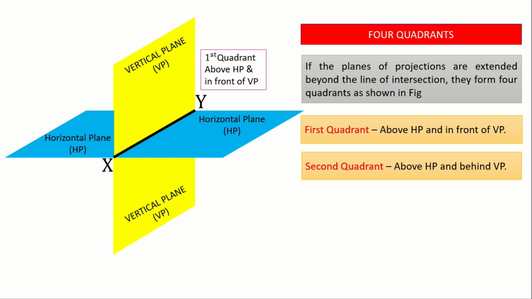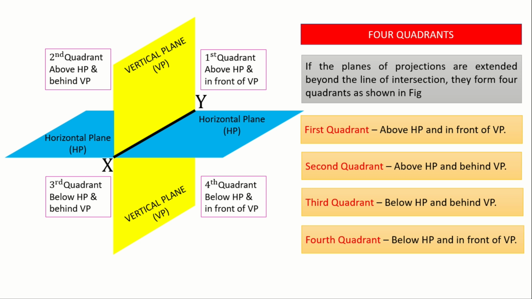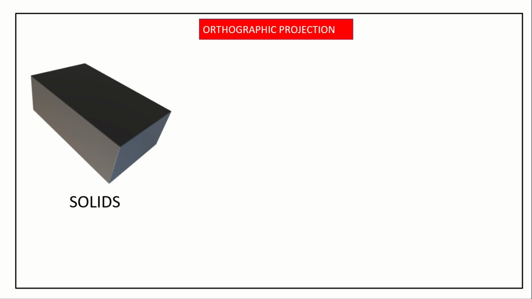Fourth quadrant, the space below HP and in front of VP is fourth quadrant. You can see here the space below HP and in front of VP is the fourth quadrant. So you can keep the object in any of the four quadrants and see the front view and top view. So while drawing the front view and top view, we will be drawing the front view and top view of